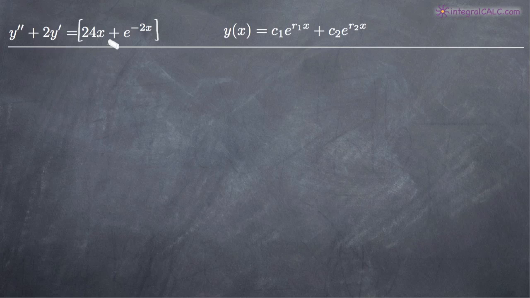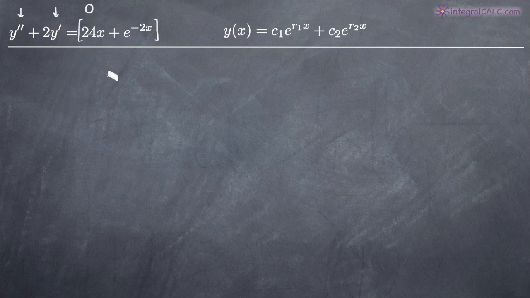When you have a second order differential equation and you have 0 on the right hand side, it's a homogeneous differential equation. Anything not equal to 0 is a non-homogeneous differential equation, so clearly ours is non-homogeneous. I would also say that y double prime indicates the second derivative of y, and y prime indicates the first